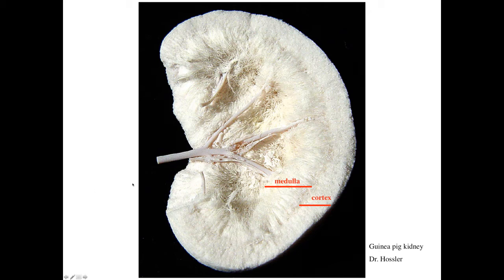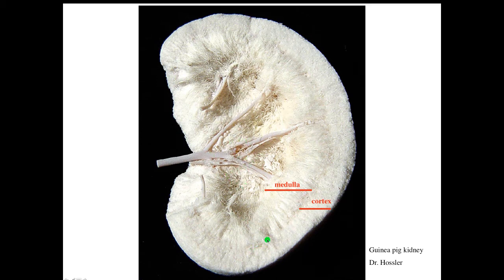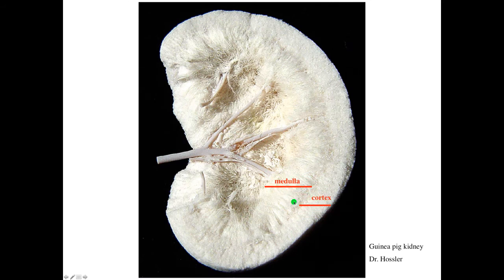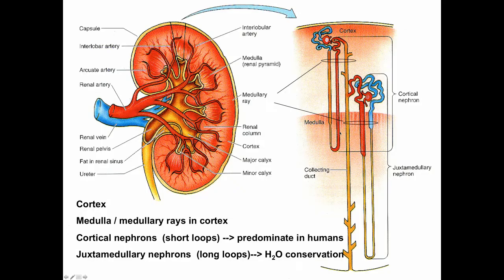You can see the renal arteries coming in and branching into these segmented arteries, but even at this very low power, you can see a cortex and a medulla, and there's clearly a boundary between the cortex and medulla, and I think you might even imagine that you can see the renal corpuscles in the cortex at this low power view. This is just a nice diagram of the kidney, so you can clearly see a cortex